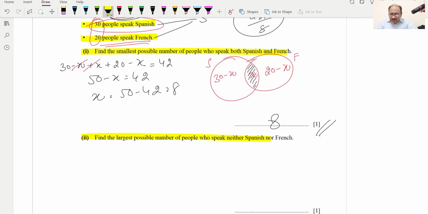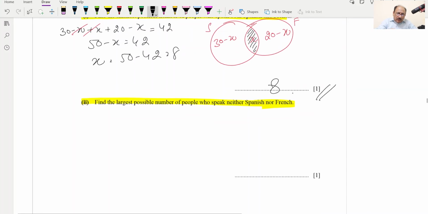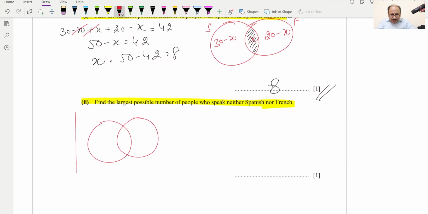who speak neither Spanish nor French. So for this one, what we can do, we can draw the Venn diagram again. So these are the two circles, and this is like the boundary line, which we can roughly draw like this one. And this is Spanish, this is French, and the largest possible number of people who speak neither Spanish nor French. So